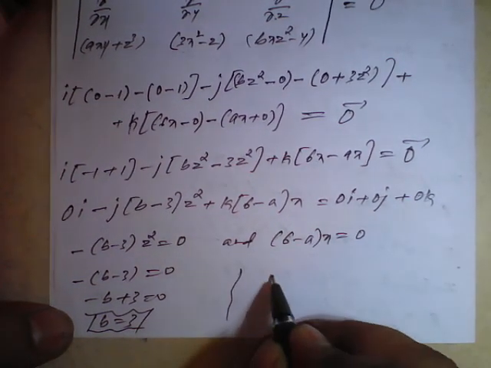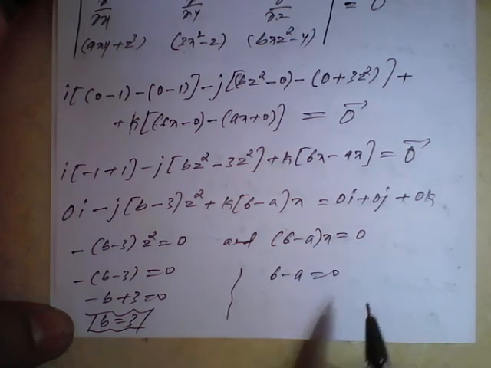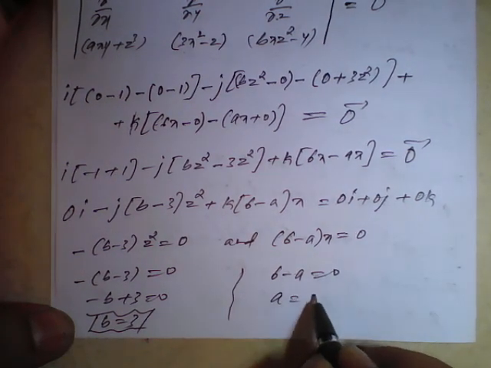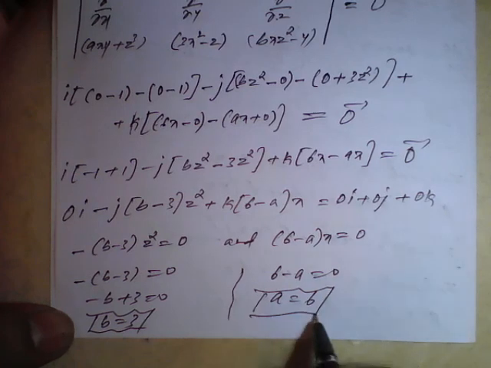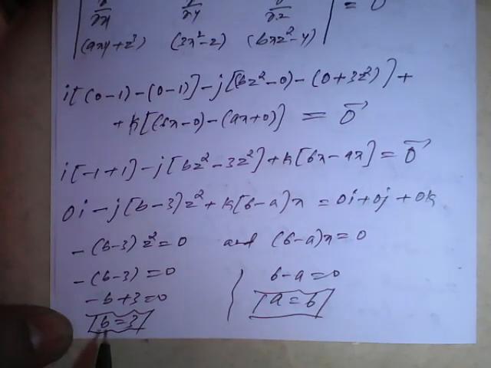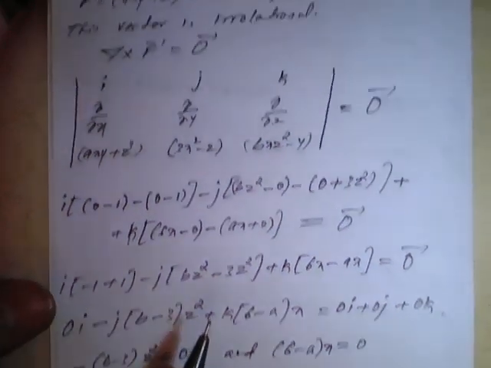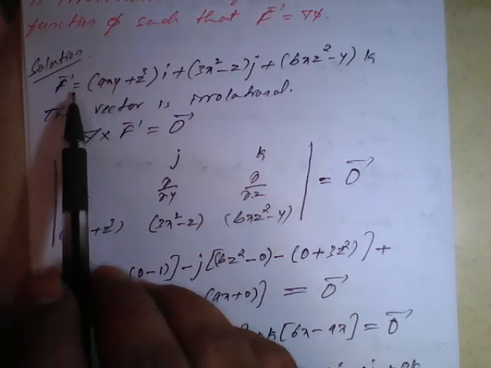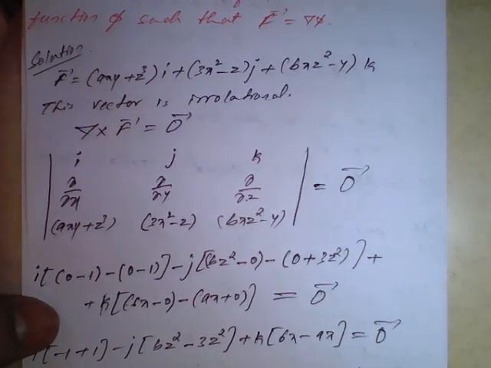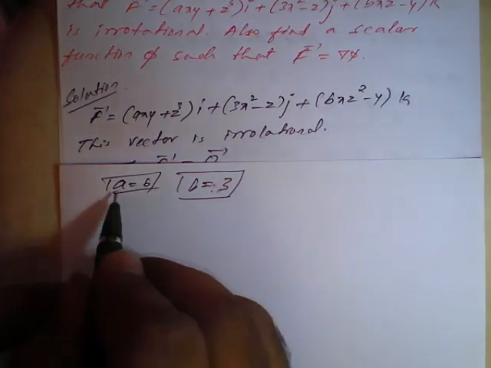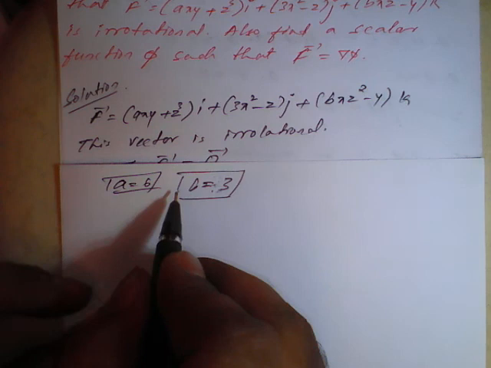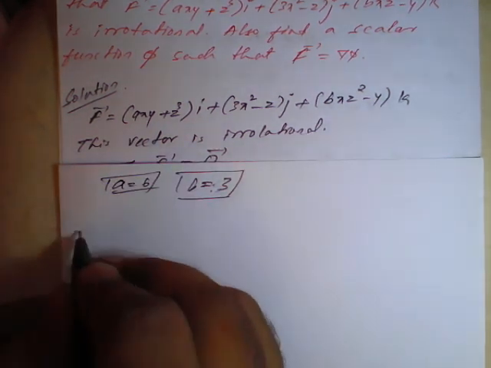And here 6 minus a equal to 0, or a is equal to 6. So hence we got the value of b and a. So with respect to this value of b and a, we have to rewrite the value of vector f. So with the help of this, a is equal to 6 and b is equal to 3, we'll prepare vector